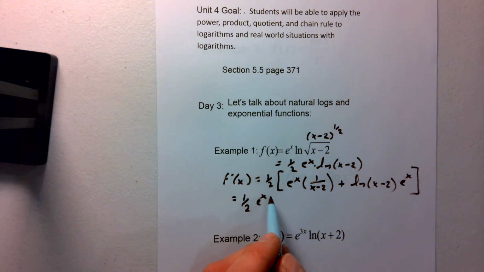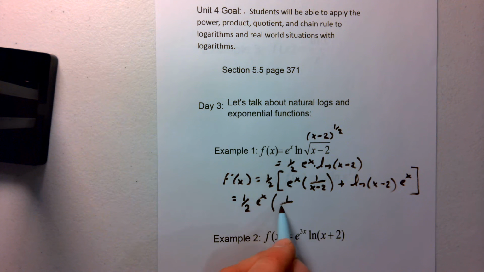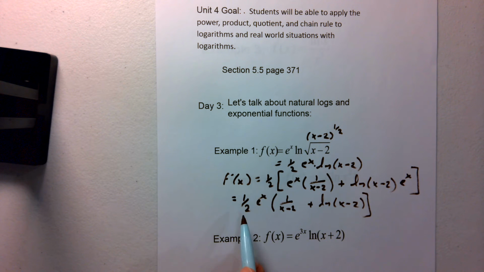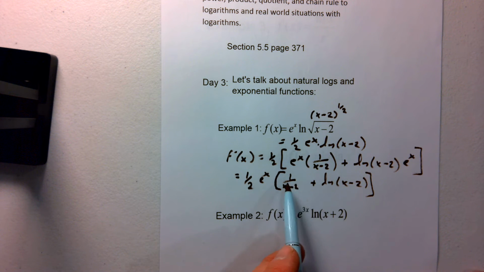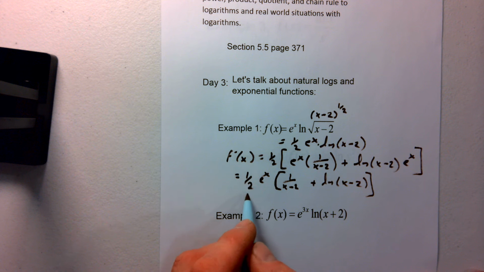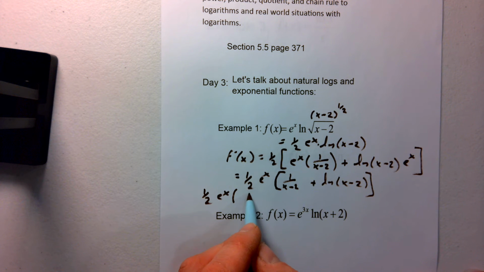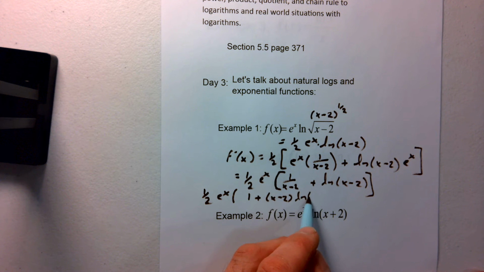So we have 1/2 e to the x. And then we have left over 1 over x minus 2 plus the natural log of x minus 2. And this is probably where we would leave it. I don't know if we need parentheses or brackets there. But we could also find a common denominator. So that would be 1/2 e to the x times 1 plus the quantity of x minus 2, natural log of x minus 2,